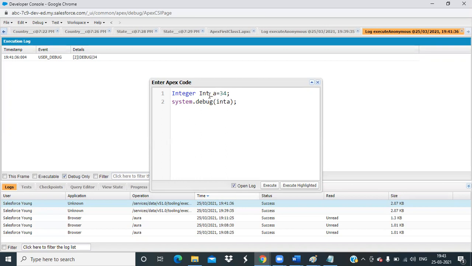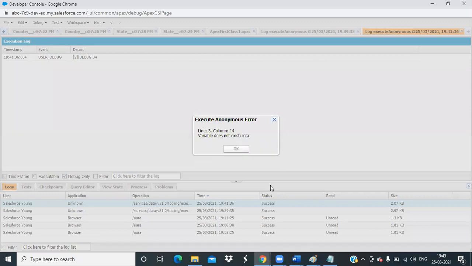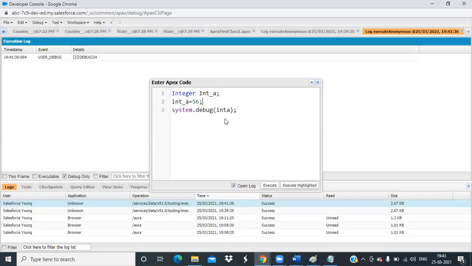Now suppose I define this variable and I want to assign value here. Change the int a to int underscore a.